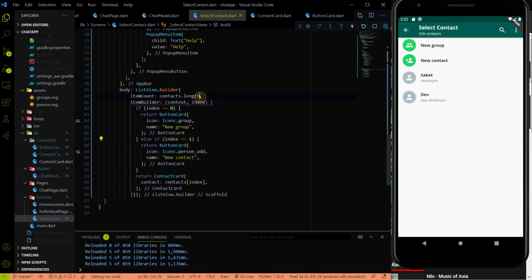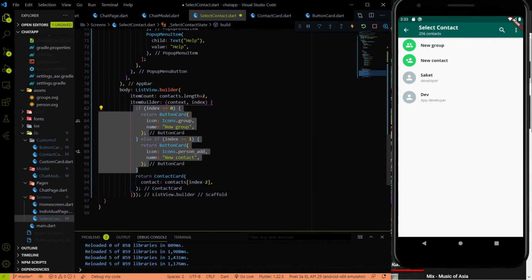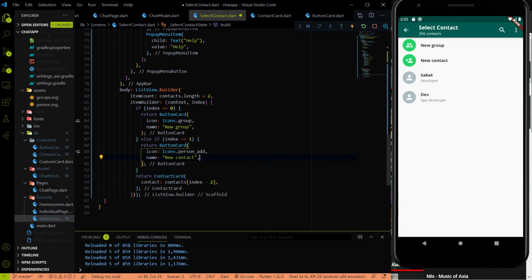That's why we have to add +2 over here. And also in the index, we have to subtract 2 because now our contacts will start from 0, but the first 2 indexes we are printing these two things. So I'm going to hit the save, and you will find that all those 4 contacts will be displayed over here.